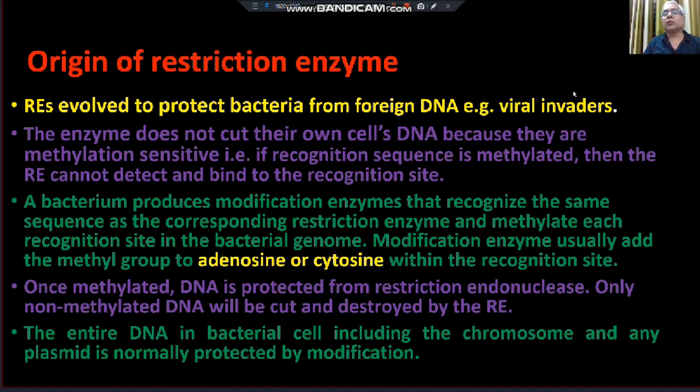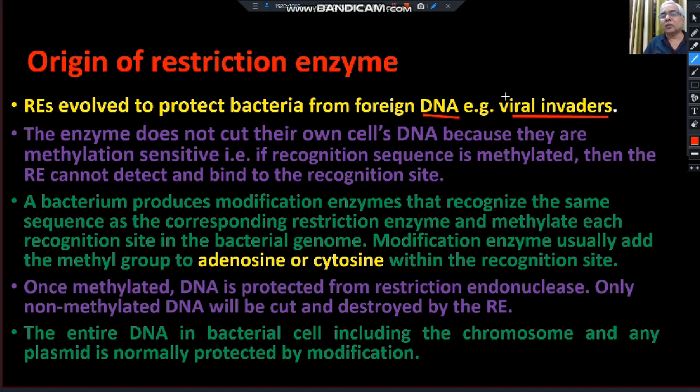Foreign DNA means generally bacteria are infected by these viral invaders, means viruses, bacteriophages, and they take over the bacterial DNA, and destroy the bacteria, and they survive themselves on the food materials and the biochemical materials which are present in the bacteria. So to protect themselves from these foreign invaders, that is bacteriophages, for example, just